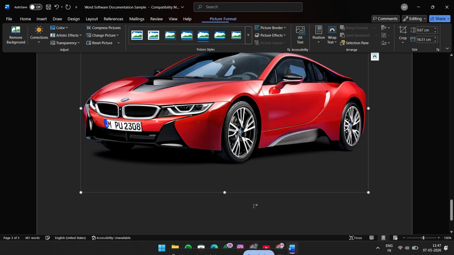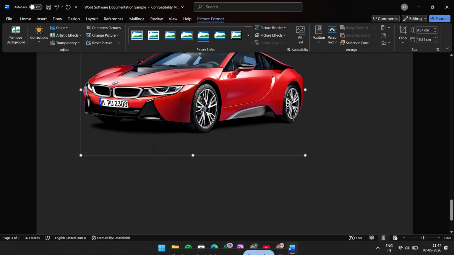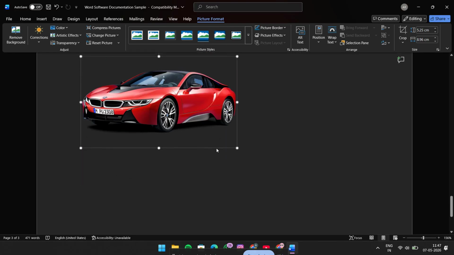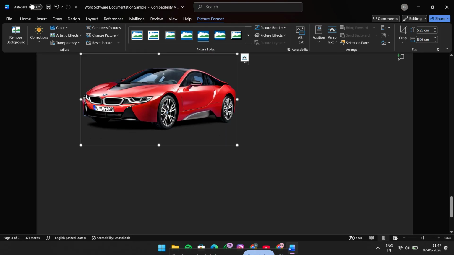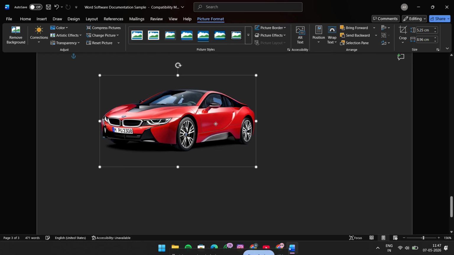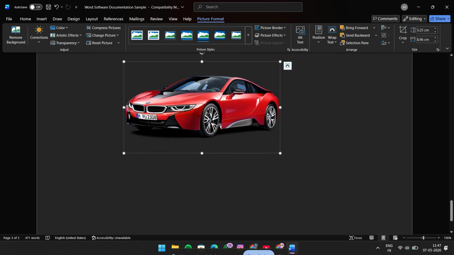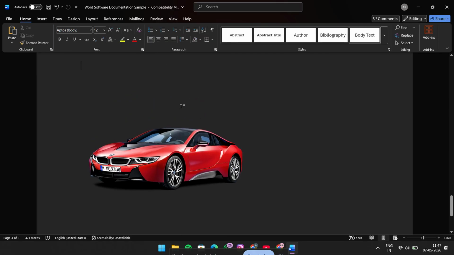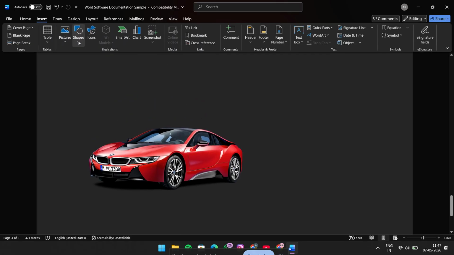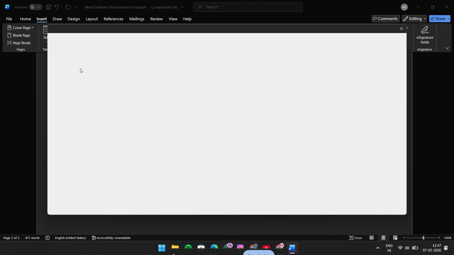Now, if you're using a newer version of Microsoft Word, the process is slightly different. Instead of Online Pictures, go to Insert, then Pictures, and then select Stock Images. This newer option gives you access to built-in visuals that are similar to clip art, including illustrations, icons, and other